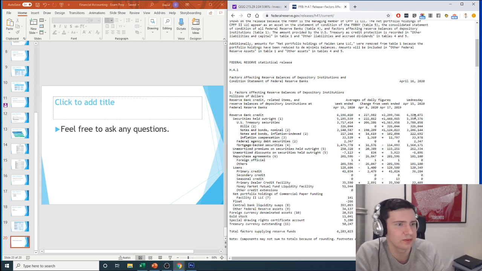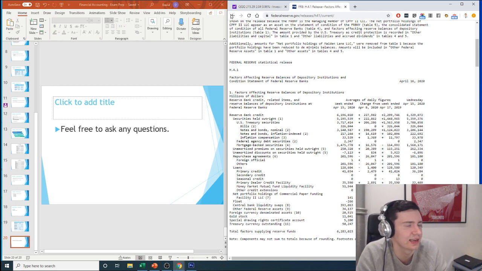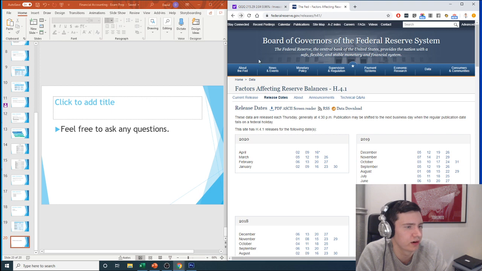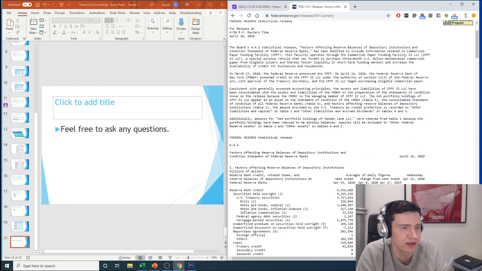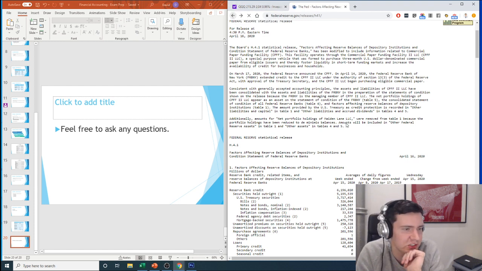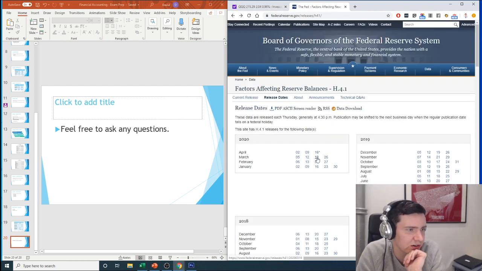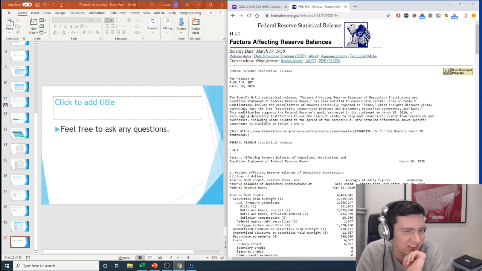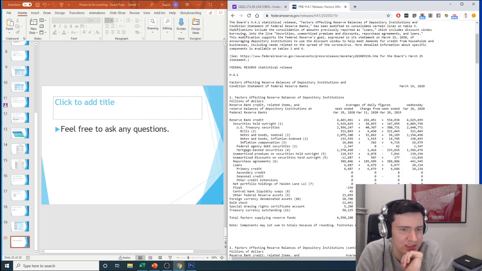It is wild, though, the amount of money that the US Federal Reserve has added to their balance sheet in the last 2-3 weeks. April 16th, right now they've got $6.3 trillion on their balance sheet. Let's see, before coronavirus, March 19th, 4.6 trillion. So that's 1.7 trillion added to the Federal Reserve balance sheet.